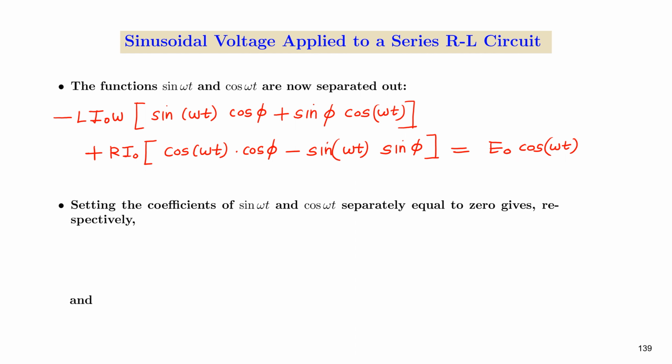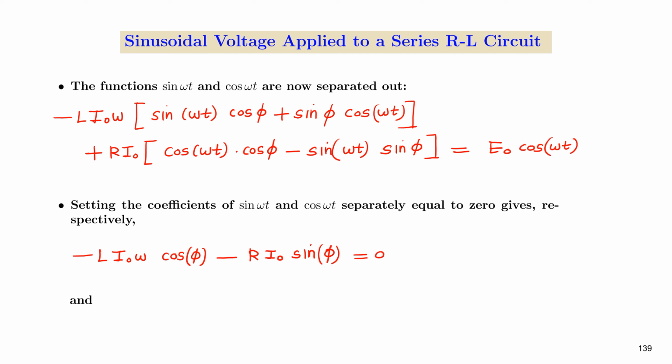Now we'll set the coefficients of sin omega t and cos omega t separately equal to 0. So that will give us two equations. The first equation is negative of L I0 omega cos phi minus r I0 sin phi equal to 0,